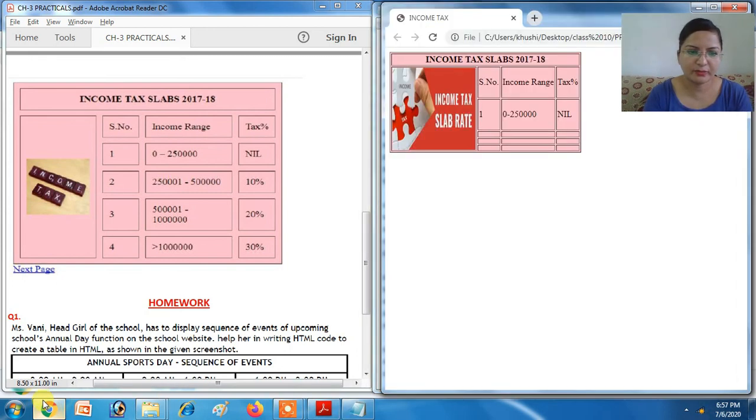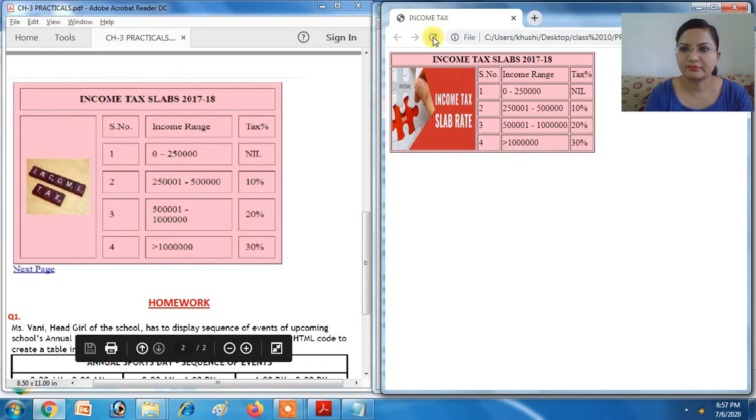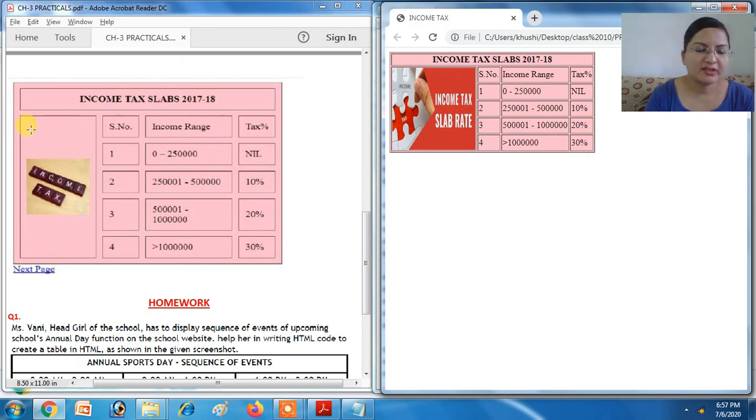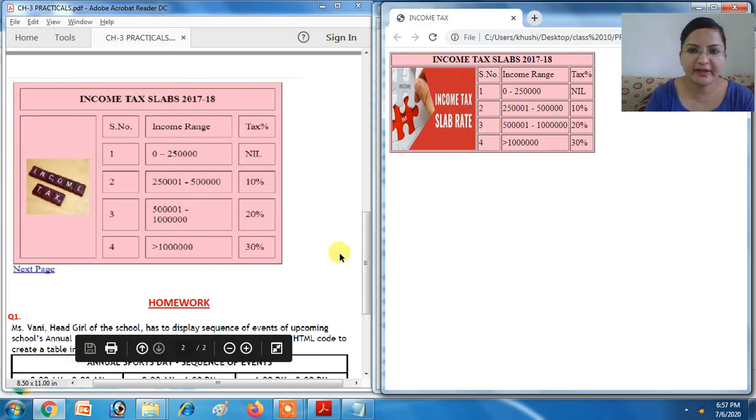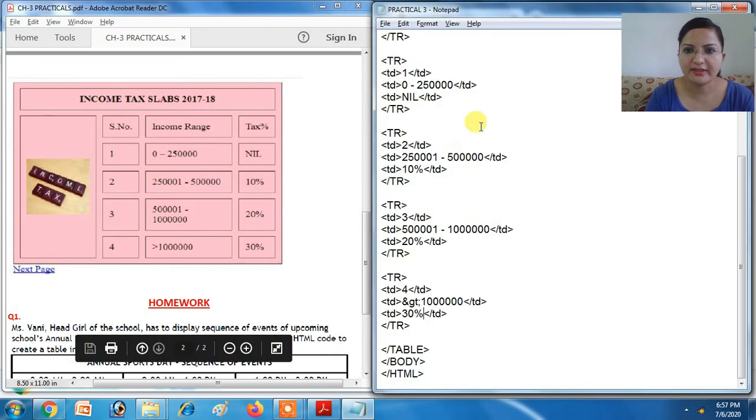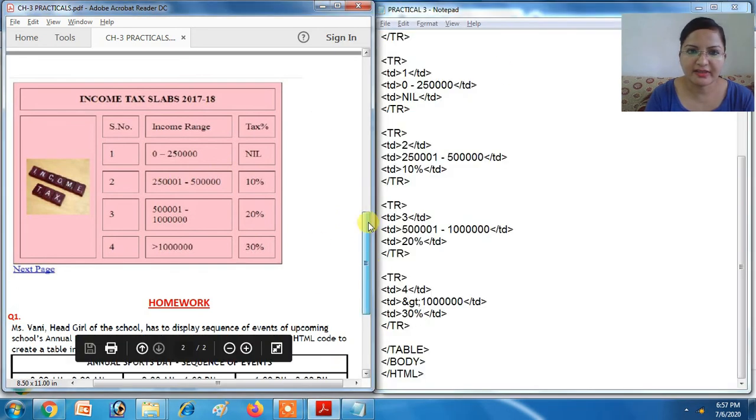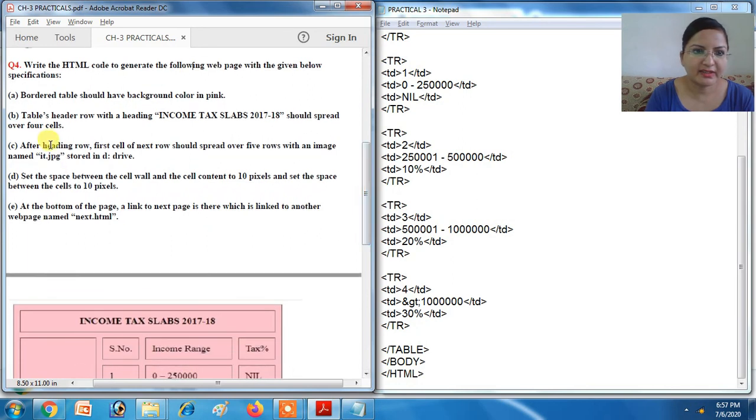Let's see the output. Okay, it is done. Now you can see the picture is small, but there is space above everywhere. Cell spacing and cell padding are left, so we have to write that. Cell spacing is given, it is 10. Just check once again.